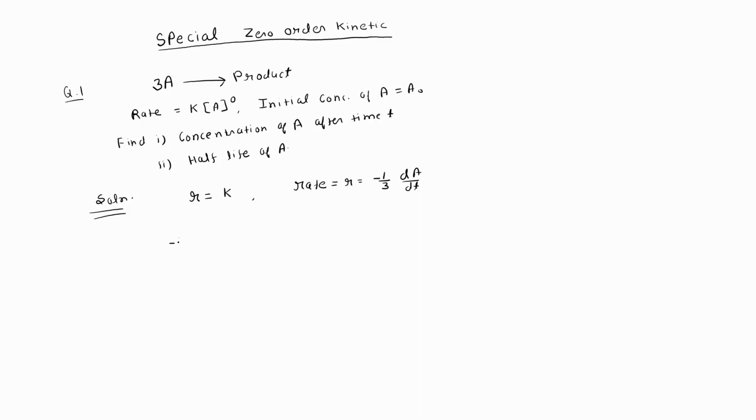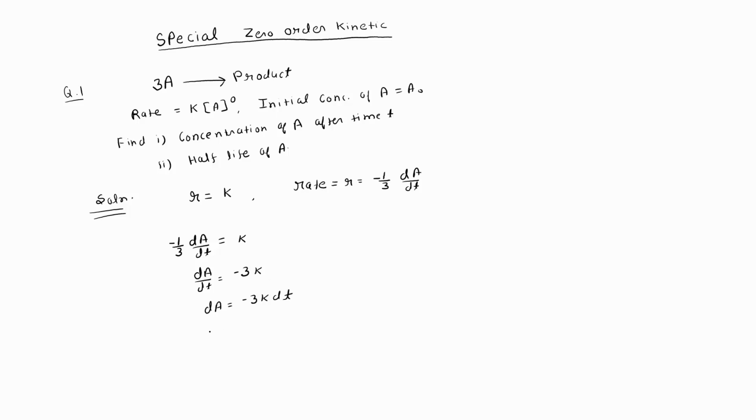So minus 1 by 3 dA by dt is equal to K. So dA by dt is equal to minus 3K. dA is equal to minus 3K dt. Sorry, 3K